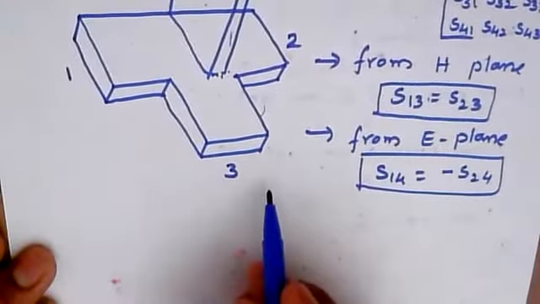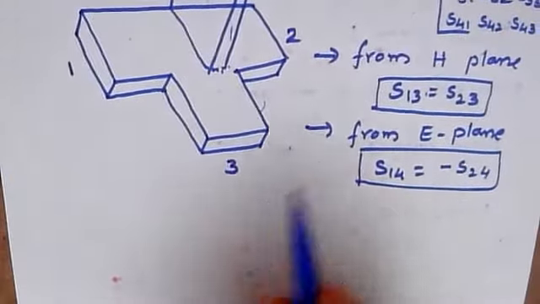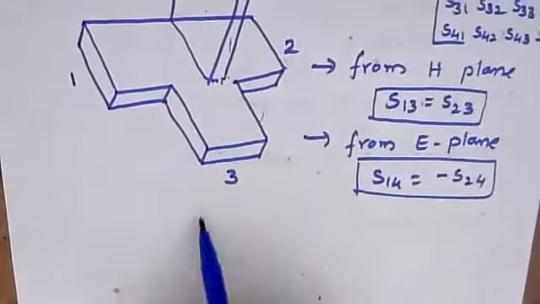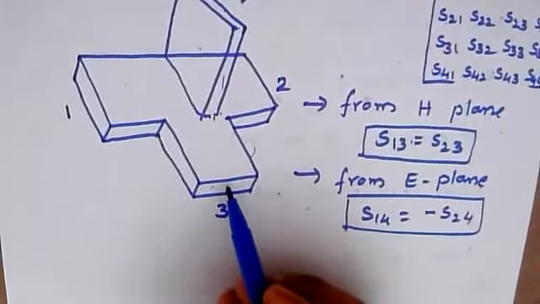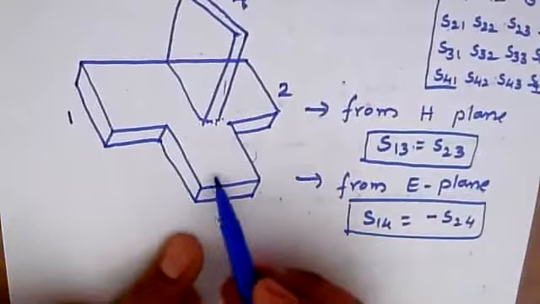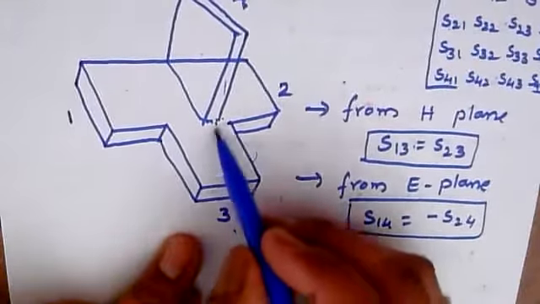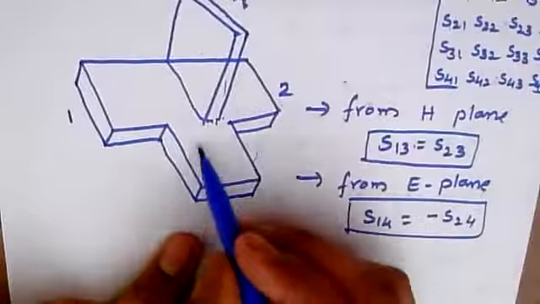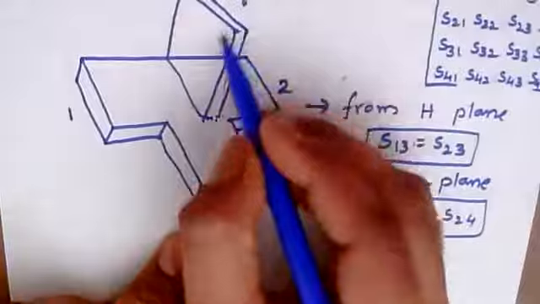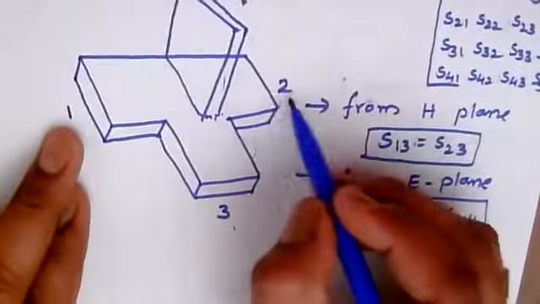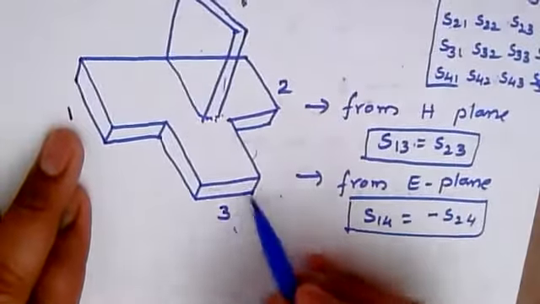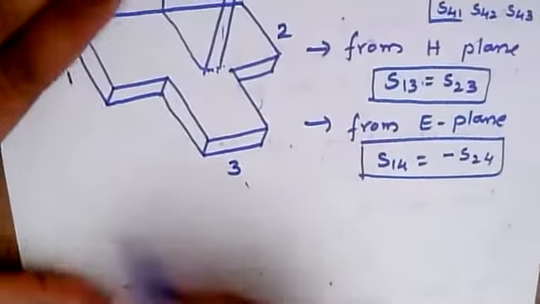While we were discussing the working of this magic T, we have seen that when the signal is applied from here, it is equally divided in port 1 and port 2, and no signal will be coming out of port 4. Similarly, when we take port 4 as an input, the signals coming out of port 1 and 2 will be equal in magnitude and opposite in phase. And no signal is coming out from port 3. In that case, we can say that